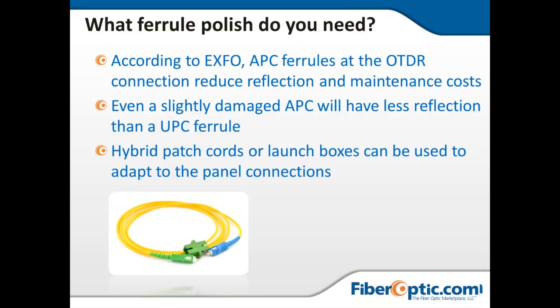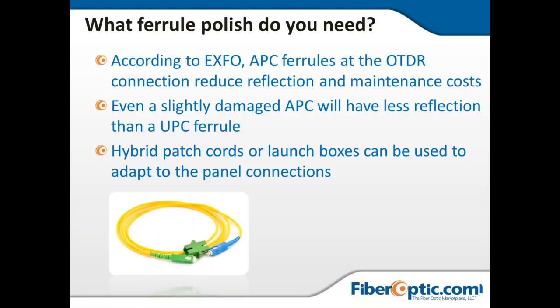One of the other factors is the ferrule. When you're looking at your OTDR, you need to make sure that the ferrule you're connecting against is appropriately polished. In this picture, we have a hybrid jumper, which takes it from an SC APC, which is green, to an SC UPC, which is blue. The difference is that the APC connector is an angled ferrule, with an 8-degree angle to reduce back reflections on systems, like fiber to the home systems, that are maybe using 1550 for their